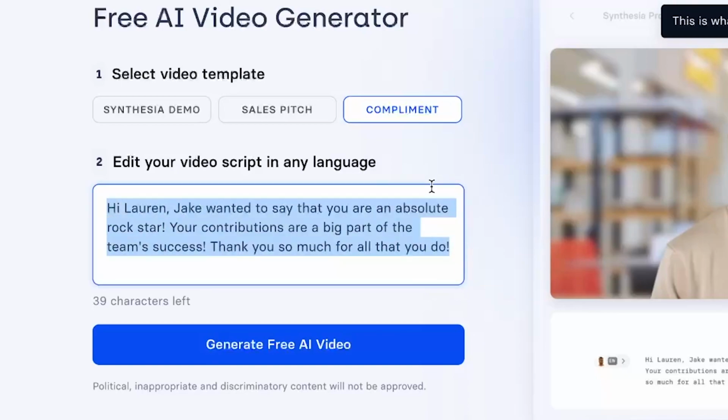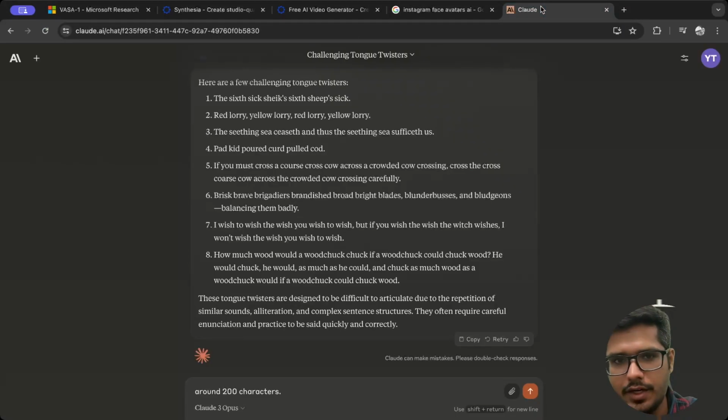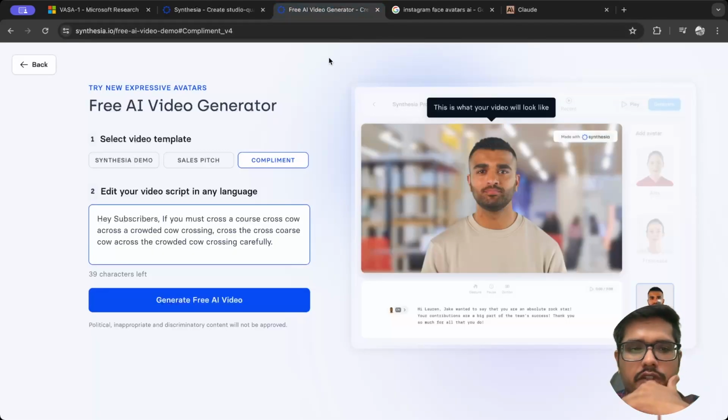So let's write a very simple script, which would typically be harder for a human to say. Let me think about what that could be. And then let's feed that in and try generating the video. So I told Claude to generate a bunch of tongue twisters and it was able to. Now, first I'm going to try to read this, and then I'm going to feed it to the model. And full disclaimer, I've tried to read this before I put it here, so I may do better than I otherwise would.